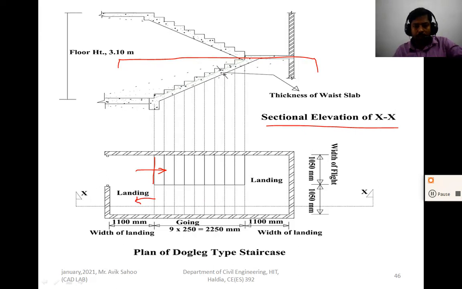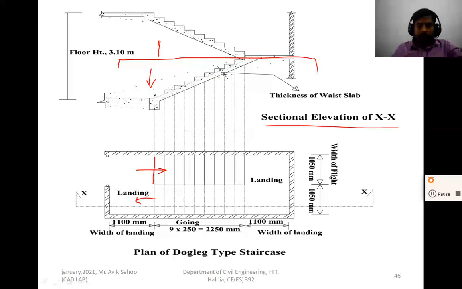Although this portion remains, it will not come on plan. If I take the projection on the horizontal plane, then the portion above the reference plane comes as a dotted line.